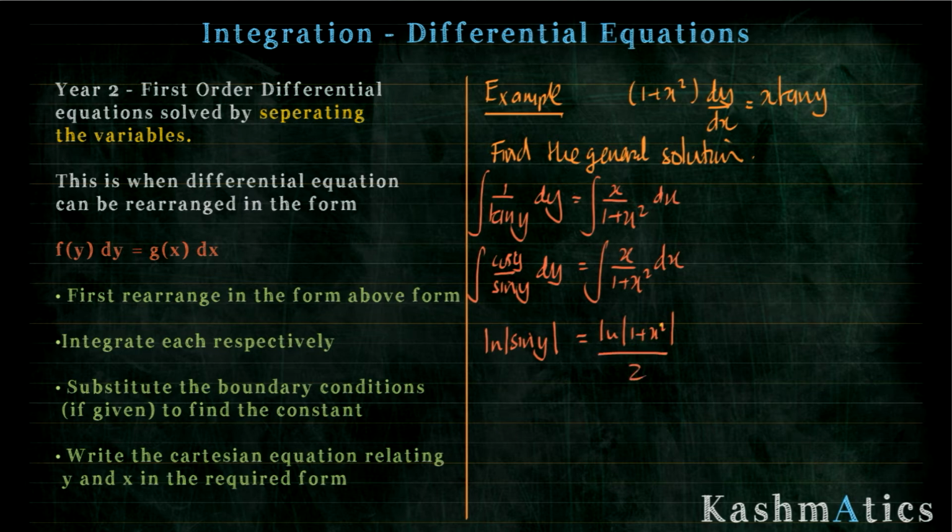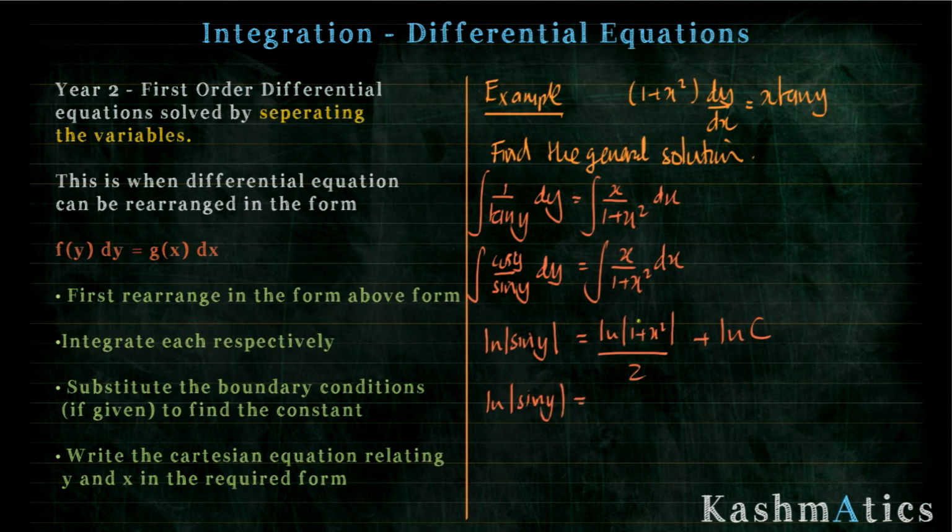because when I multiply by the derivative of 1 plus x squared I get 2x, and I've only got an x here, so I need to divide by 2 to get rid of that extra 2. Plus, and the way I'm going to write this is ln c, because writing it as an ln is still a constant, I can actually combine these logs. So what I've got is ln sine y